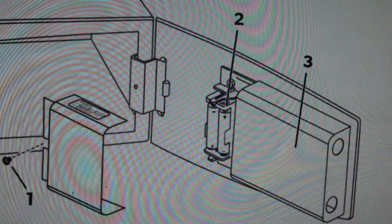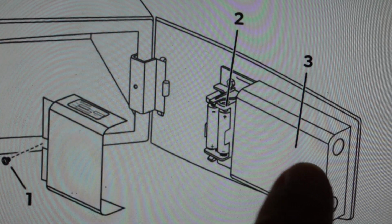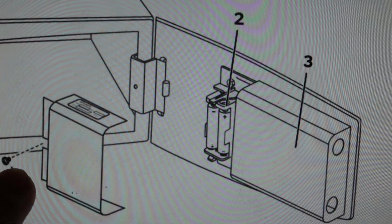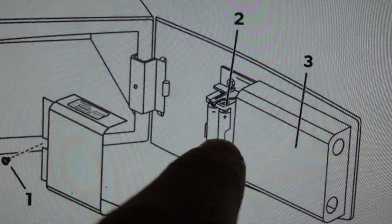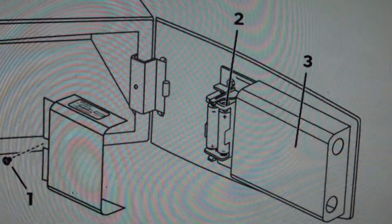But anyways, all we need to do is open the safe, and on the inside of the door, if we go over to the left, there's this cover here. And on the left of the cover, there's a screw that you need to unscrew to release this cover. Once you release this cover, you'll see that there's a little battery compartment here. You can just pull the 4 batteries out of there,